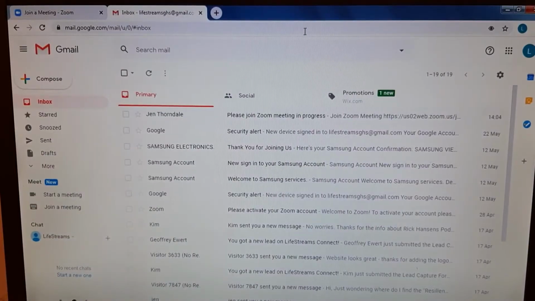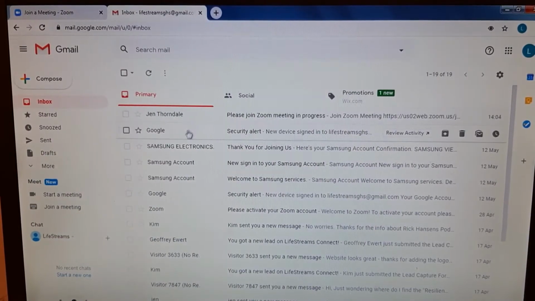All right, we'll also take a little peek at how to make sure that your video and audio is connected properly and how you can change your view once you're in the group. So we're going to start off with taking a peek at a Zoom invitation sent through an email and how to access that. All right, so now we're looking at my inbox and we're going to find the Zoom link